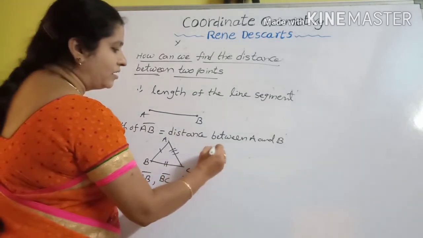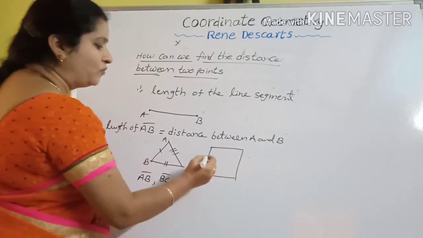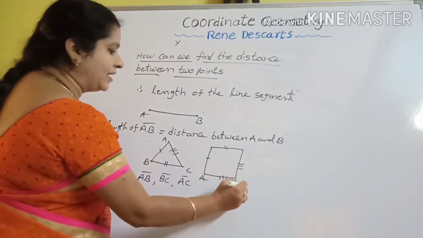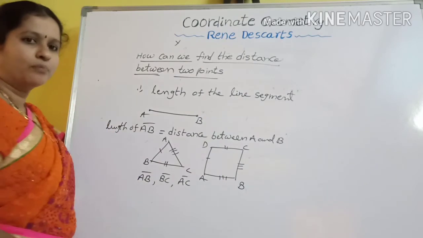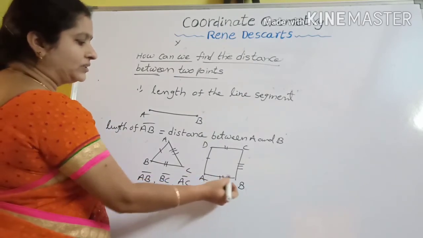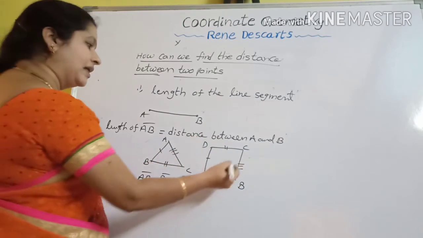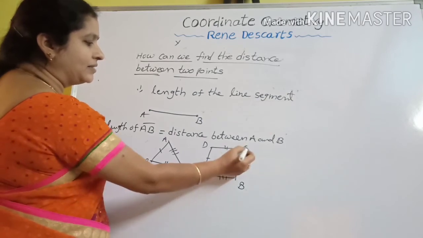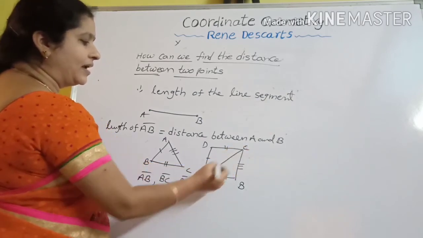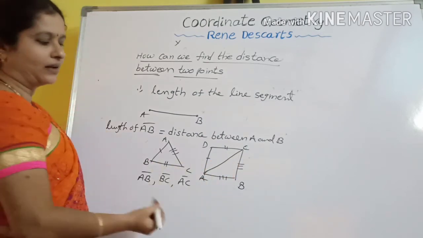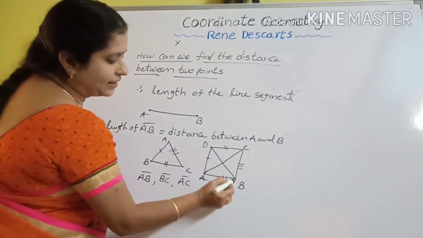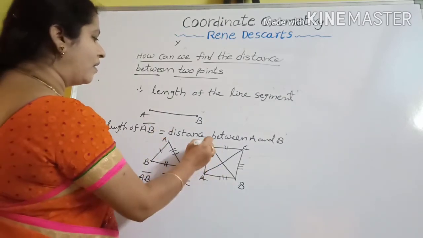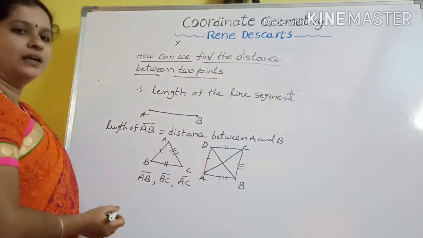In the same way, take a quadrilateral, 4 sides are here. We are getting 4 points A, B, C, D. By using these 4 points, you can easily find the lengths of the 4 sides and two diagonals also. If you take the 2 points A and C, find the distance between A and C. So this is the length of the diagonal. BD is the length of the other diagonal. So by using this formula, you can find all the lengths of the sides of the figures.